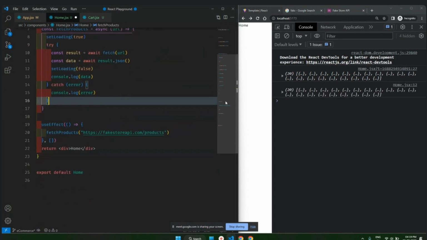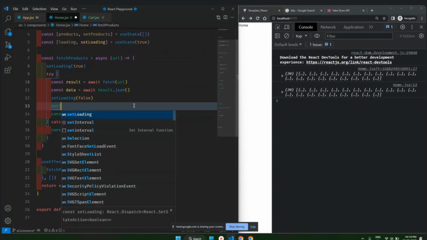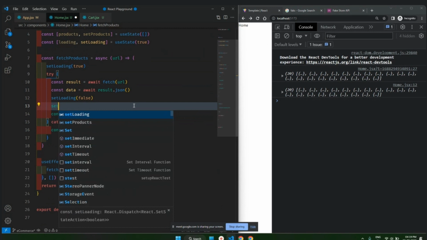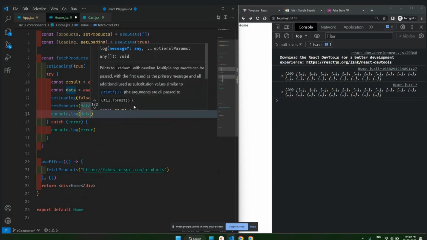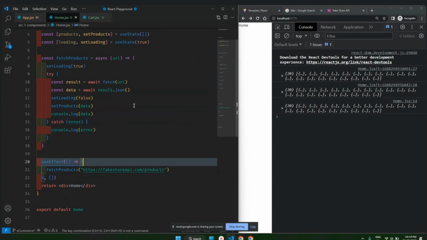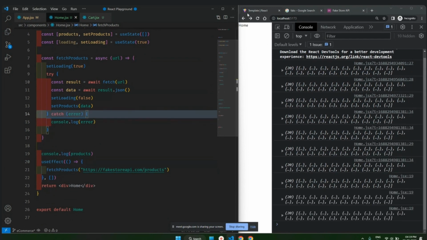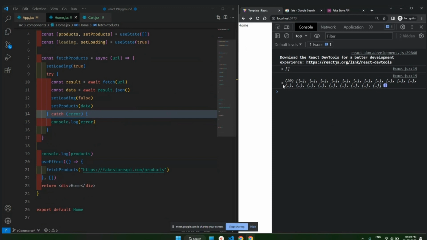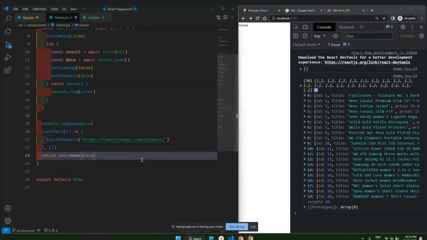So yeah, data is fetched successfully. Now to set products data. Okay, so yeah, data fetched successfully. So now what I can do here,